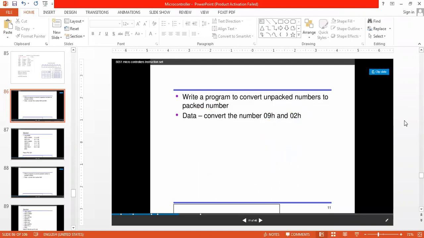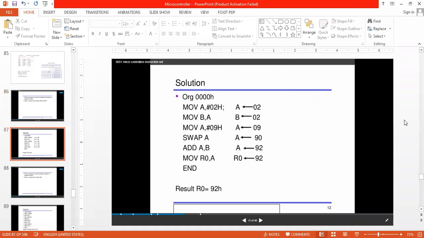Let us go for the program. First, MOV A, #02H. 02H has been moved into A. MOV B, A. So B also has the value 02, and A has the value 02. Now MOV A, #09H.